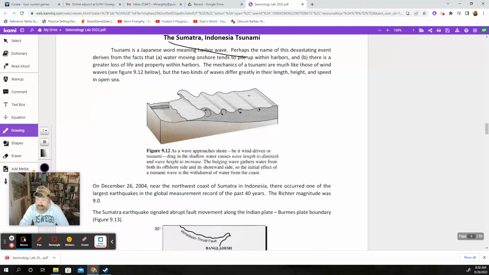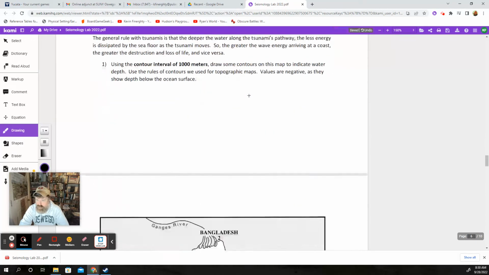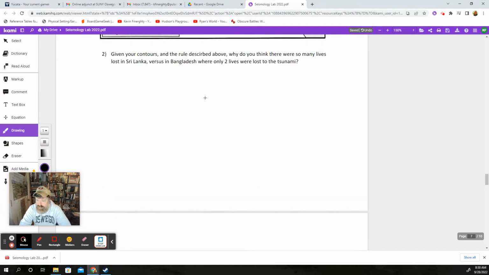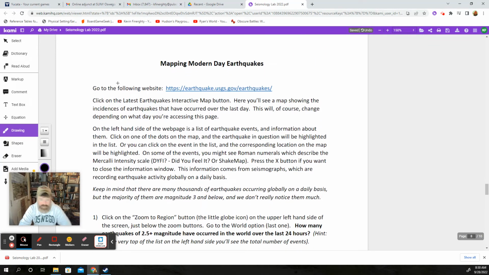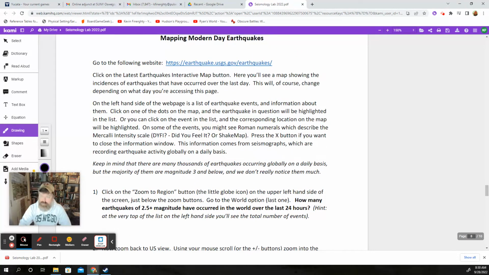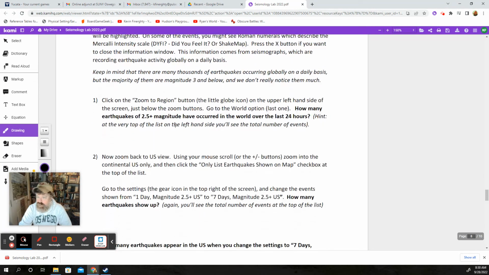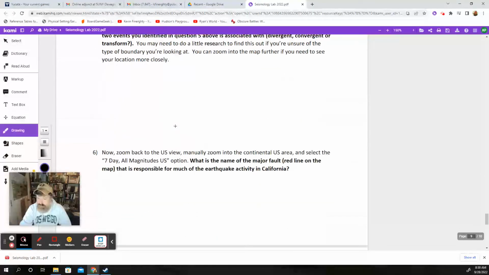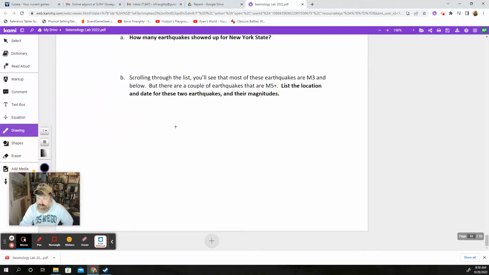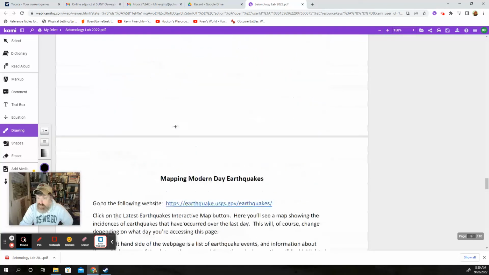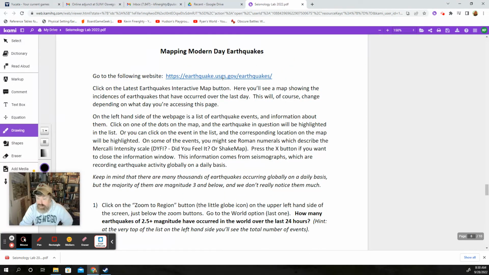All right, I'm going to skip the Sumatra part because we didn't really draw these lines much. I think that might be a little bit tricky. And then the last part, I think it's fairly easy, which I guess might be mean to say if you struggle with it, right? Check it out. And again, if you run into trouble, let me know. But it's all playing with this website just to check out current earthquakes that are going on right now.